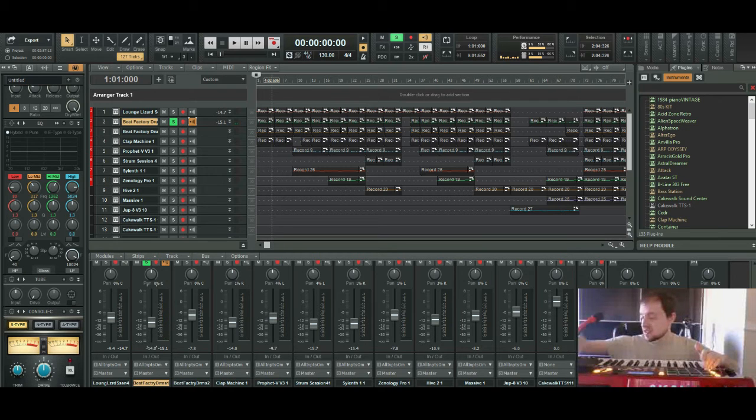Let me just adjust my time division here. So right away, I'm just hitting a pad. And I got the arpeggio on. I can even latch it if I want to, but for this case, I'm not going to do it. So what I'm going to do is solo these two tracks because they're all for one. They're both drums. One is pretty much the kick. The other one is pretty much the hi-hat.